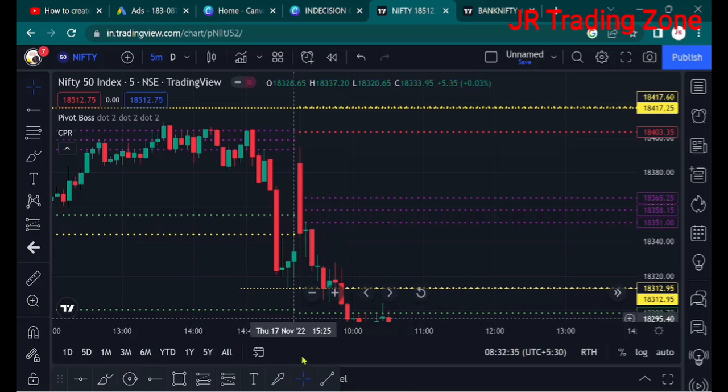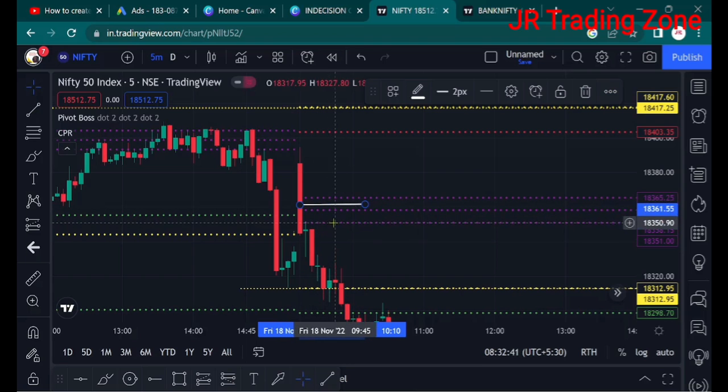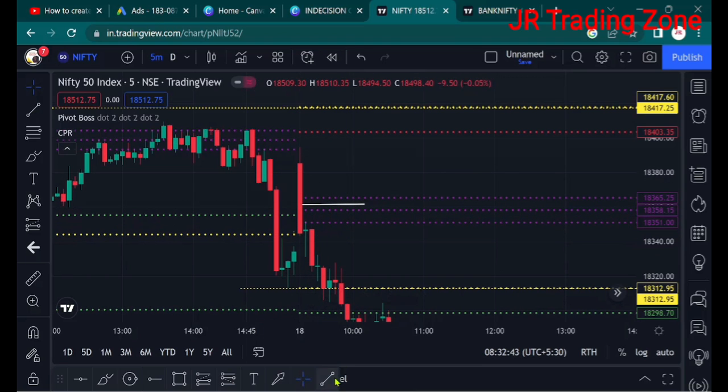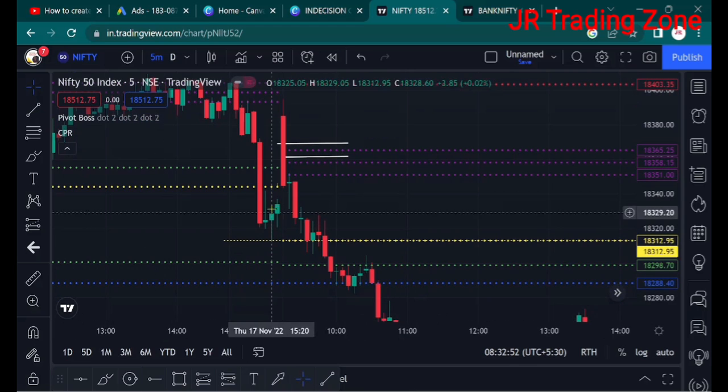Where will you keep the stop loss? You should keep the stop loss here, below the central CPR or above the CPR. Okay, both stop losses are okay. Now you can go for a short trade because the risk reward is also favorable for us, because the candle